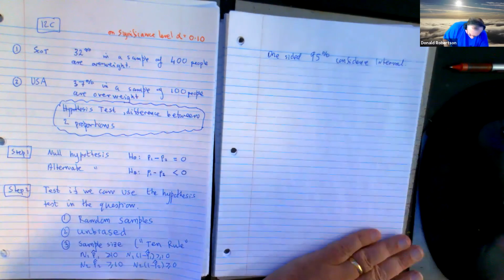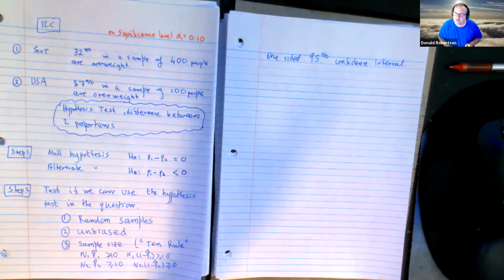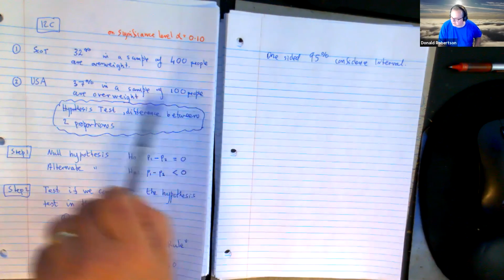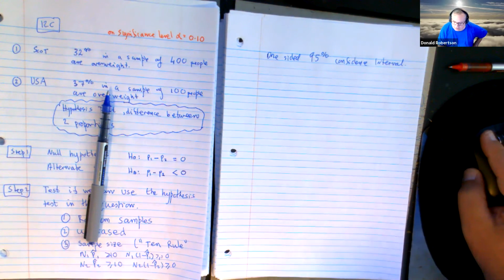Now, we know what normal confidence intervals look like because they have a start and a finish number. You might not have thought the one-sided was that important, but it actually is. Okay. So what I'm going to do is stop sharing this, and we're going to go back into the SALT program because we have all the information, and I'm going to do it for that Scottish and American one.